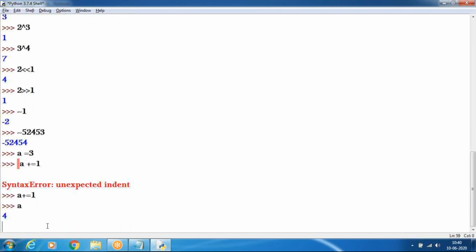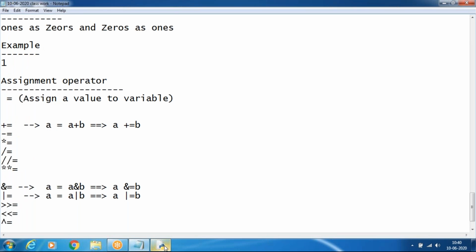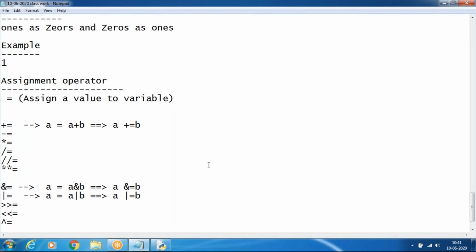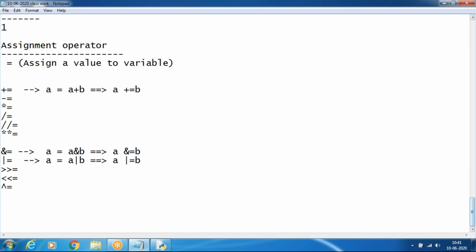Now the value of a is 4. Here the mistake is that I passed a space, which is why it is taken as a syntactical error, an unexpected indent. We will use the shorthand operators like this, and also the membership and identity operators.